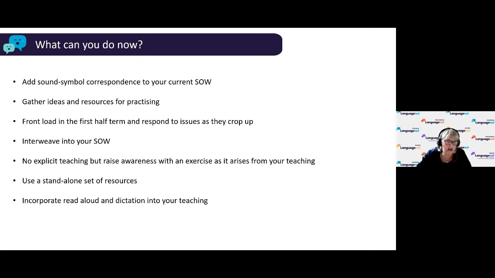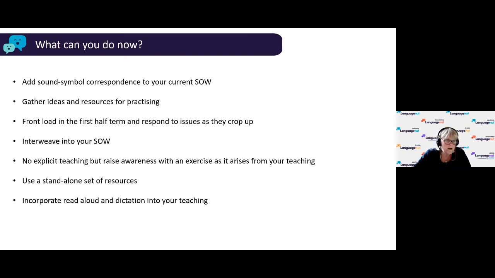Obviously, lots of ideas tonight from Zoe, and you could gather some of those ideas and resources for practising. Speak to your English department. If you're in primary, you probably are used to doing a lot of phonics anyway, but if you are the linguist person working in a primary and you just teach languages, which some people do, then you could go and speak to your colleagues that are delivering phonics